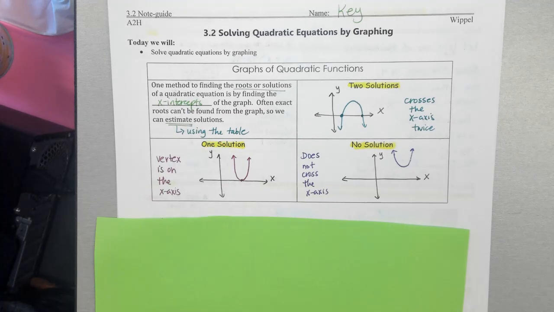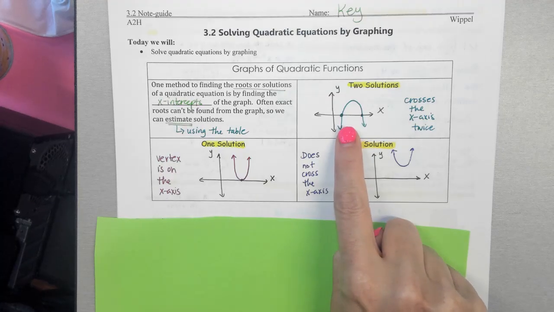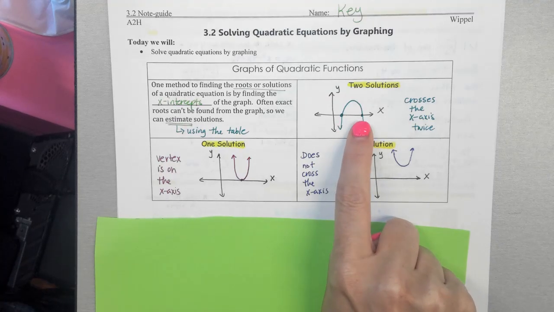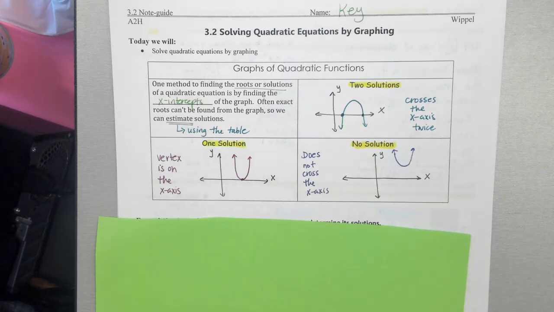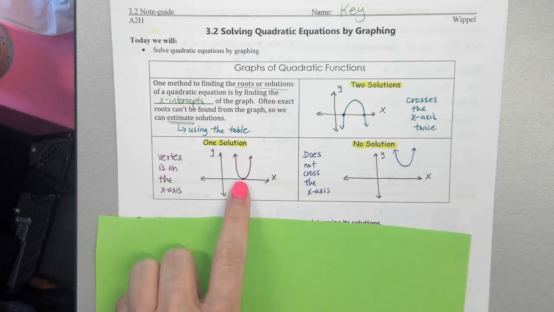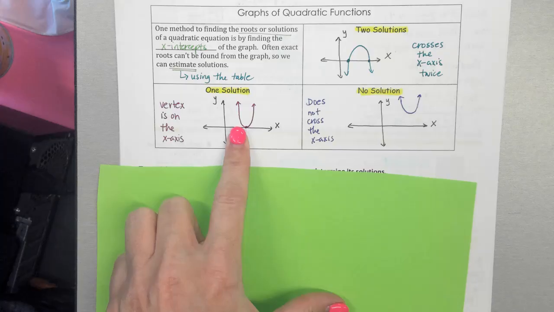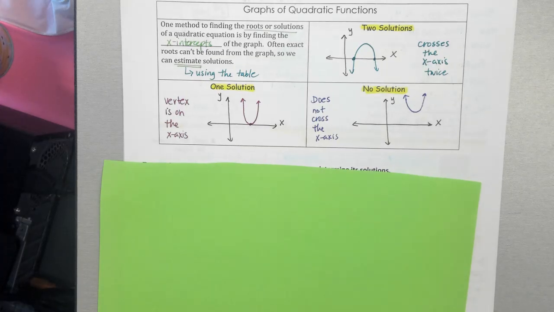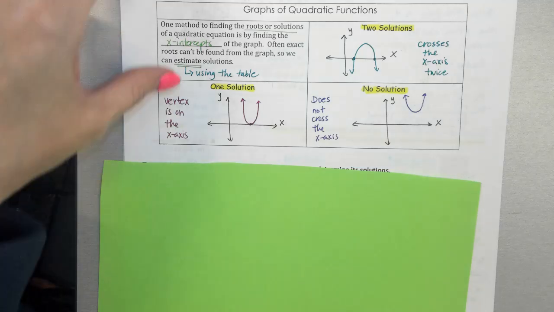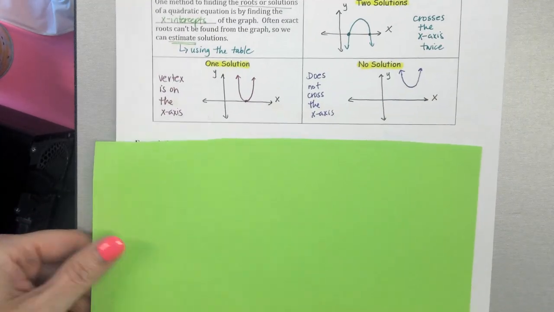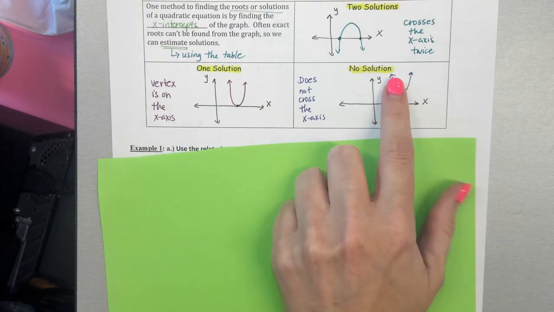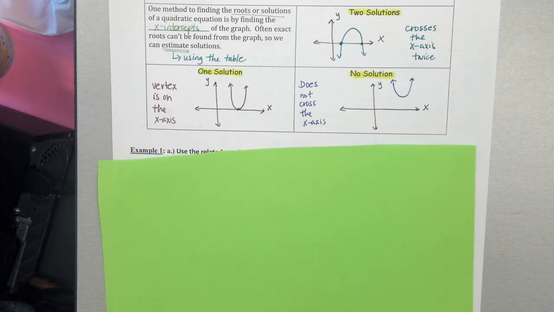If you have two solutions, you're going to see the parabola crosses the x-axis twice. So here's an example of it crossing the x-axis twice. If you have one solution, the vertex is on the x-axis, so it only hits the x-axis one time. And if there are no solutions, then it does not cross the x-axis. So it's either going to be above the x-axis and it opens up, or it could be below the x-axis